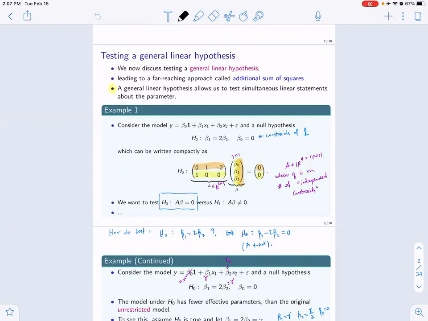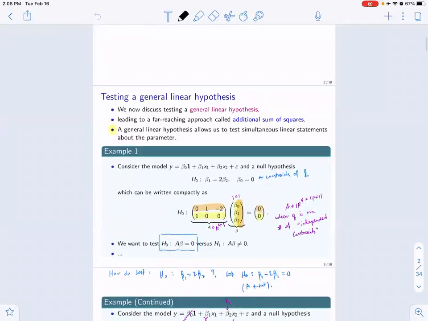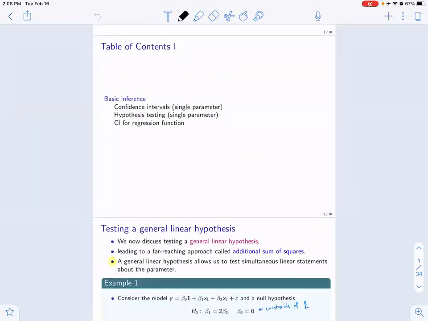Okay, so what I'm now going to do is discuss this idea of testing a general linear hypothesis. And this is, I would say, a very general, very useful concept. So the idea was that, like in the previous discussion, we developed tools to do hypothesis testing of this form. So let me